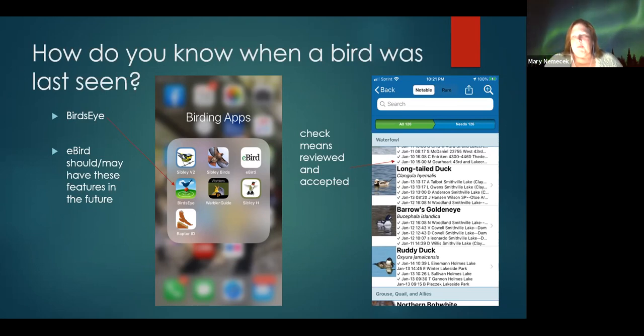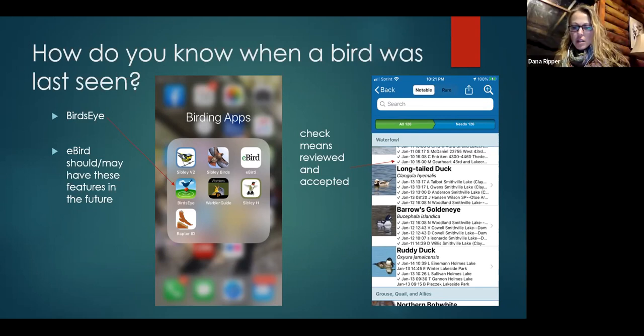This kind of helps with that, because we have had instances where a lot of people have been looking for a rare bird for a week and no one has seen it. And then we get a checklist and it'll just say continuing. And does that meet the threshold for public output or not? Versus if it was a photo, then no question. We've got good documentation. And 100 years from now, looking at historical records, it is so cool. You can go back and pull it up and say, nope, they had long-tailed ducks every winter at Smithville, and look, they've got photos for it, and this is how long it stayed. Versus now, when we go back 100 years, we just rely on notes that they put in there. So I'm super excited about this.